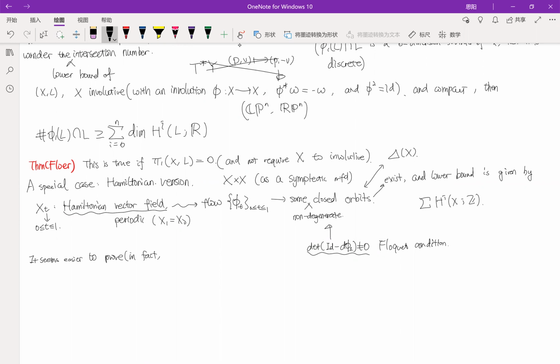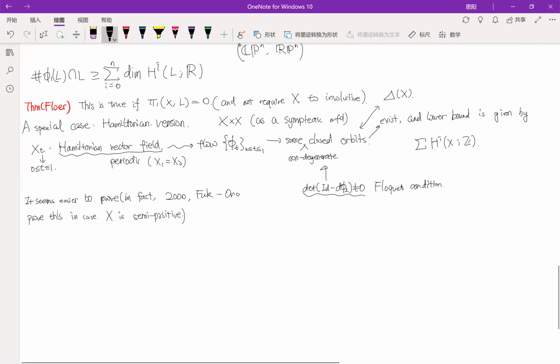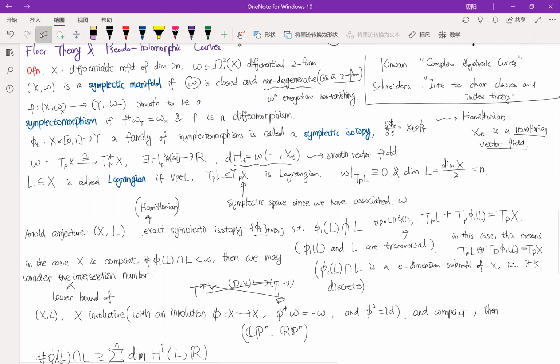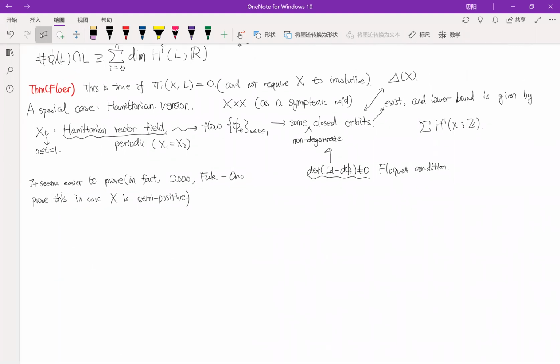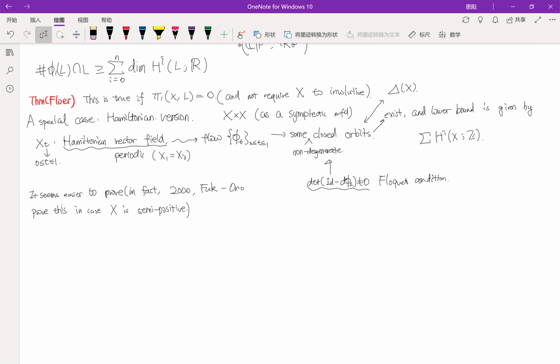In fact, in 2000, Fukaya and Ono have proved this in case X is semi-positive. Okay, so why did the pseudo-holomorphic curves go into Floer theory? So why did the Riemann-Roch theorem go into Floer theory? This is because to attack Floer theory, we first define